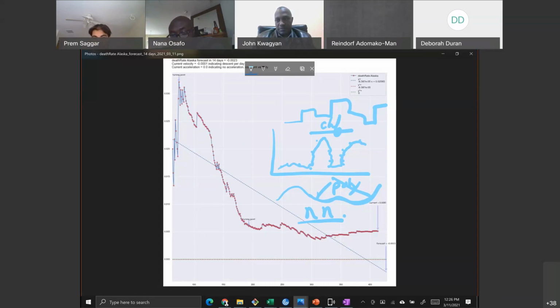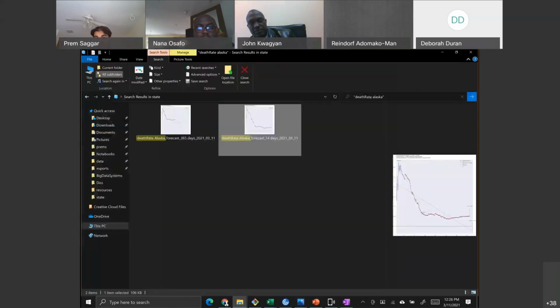It's seemingly plateauing here, but we're forecasting the death rate in Alaska. The forecast is that it drops, seems to be hovering, right? But so much of this is also how many people are there and the density, right? Places that are more dense tend to be worse, except somehow India. I don't understand it. It may be an accounting problem. Maybe they're not counting it properly, but India appears to be beating it, right?